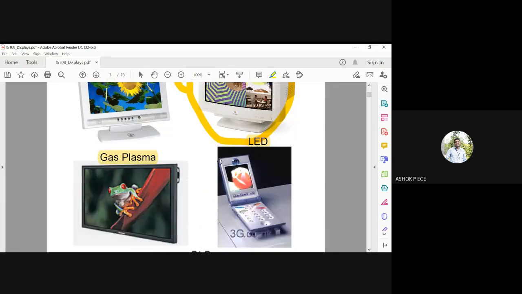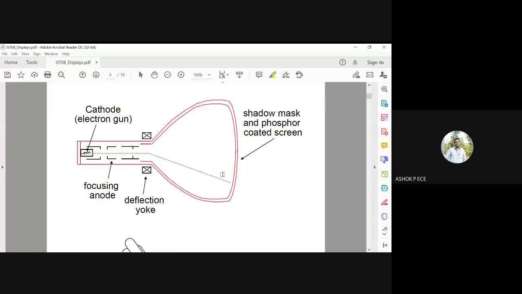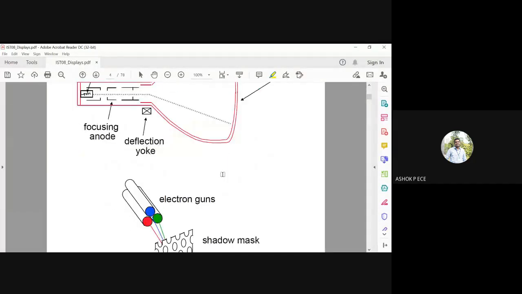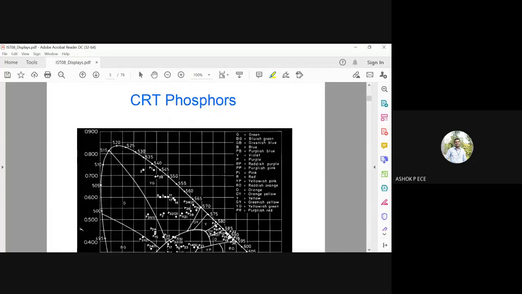And we have seen the properties of how a cathode ray tube works. You have a cathode electron gun, and electrons, when they are coming with high velocity, are deflected by the deflection yoke by applying a magnetic field, and they go and hit the phosphor screen, and there you can see the illumination. So that is how it works, and you can have different electron guns for your basic colors RGB, and you can get the required color combination on the screen.